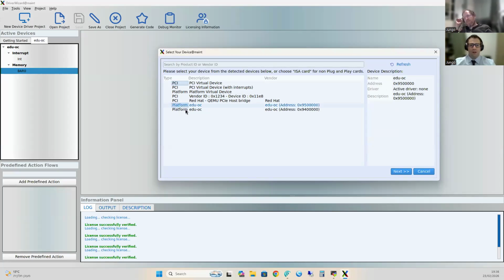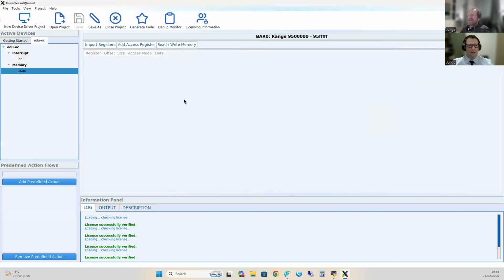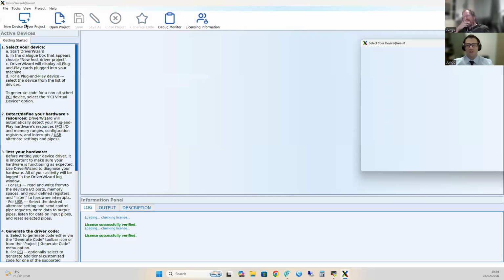And here we're going to grab one of our platform devices. So this is the eDO platform device. These are two instances of the same card. Correct me if I make any mistakes, please correct me, Uriah, and I will deal with you later. I see the device is already open, so maybe you closed first. Oh, is it already open? Yeah. Well, all I would have to do is select one, and I would be here, where you can see that the device is already open. Yeah, or maybe you can close the project and just do a new one. Sure, let's do all the things you want to do.